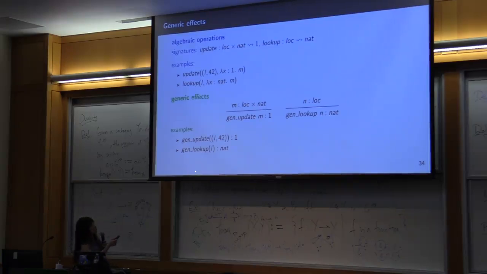And you can do whatever you want with this natural number. And now you can compare what we write below with what we have above. So in this case, we will just say if you want to update the location L with 42, fine, update it, you will get back a unit. And you can do whatever you want with this unit afterwards, but you don't have to tell me exactly what happens. And similarly, this gen lookup, you can just give it a location and then you will get back a natural